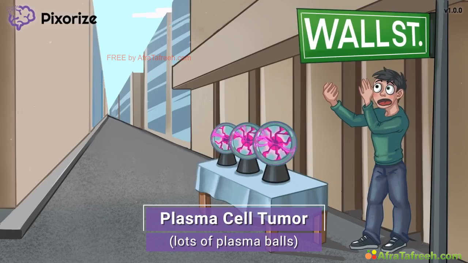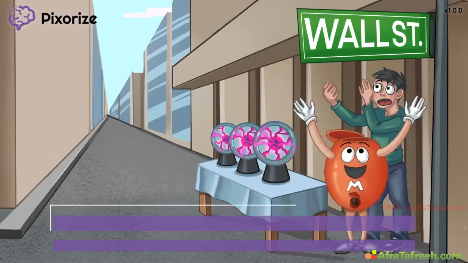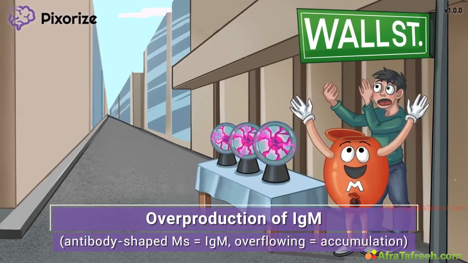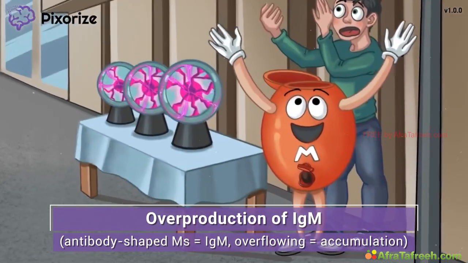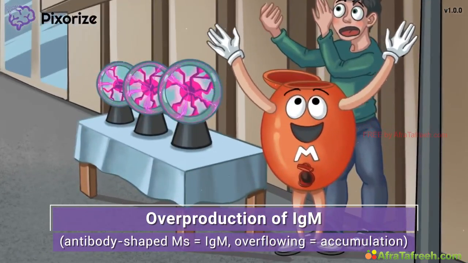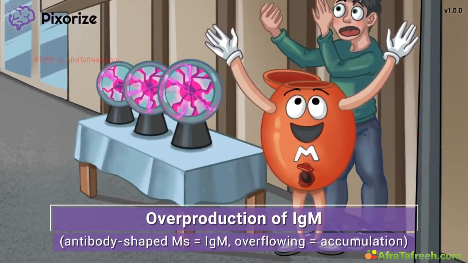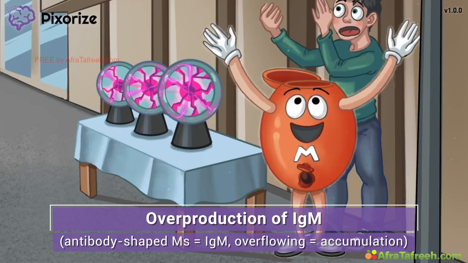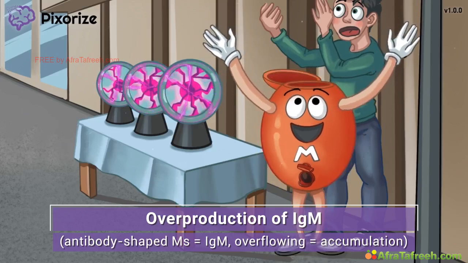Let's keep going to find out why we call this disease a macroglobulinemia. Since this is one of the busiest streets in New York, it makes sense that street vendors are always competing for attention from tourists. This vendor even has a giant M's candy dispenser with its arms spread in a Y shape, kind of like an antibody. This Y, or antibody-shaped M's dispenser, is our recurring symbol for immunoglobulin M, since immunoglobulin is just a fancy term